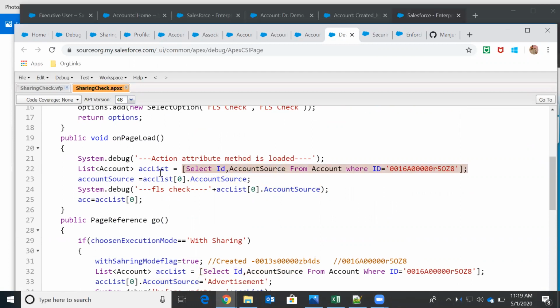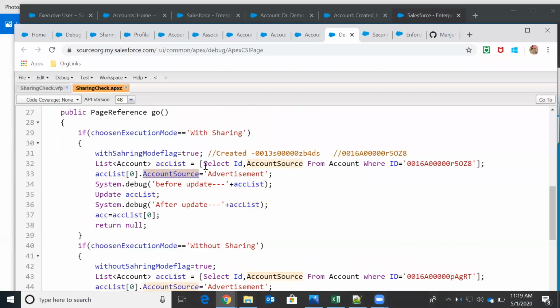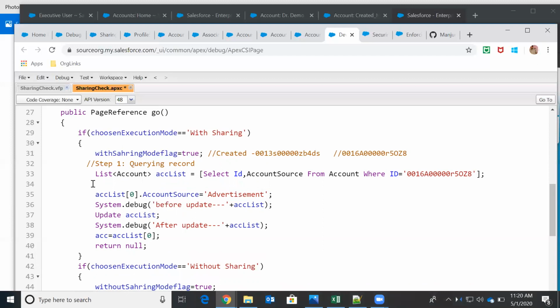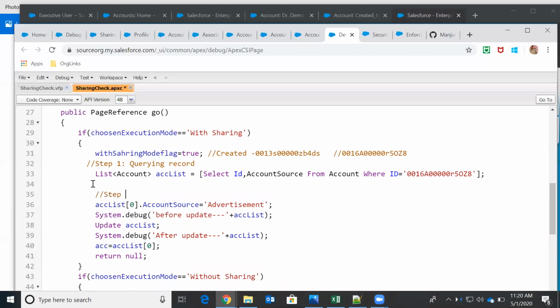In step 2, I'm passing a value to a field, advertisement.